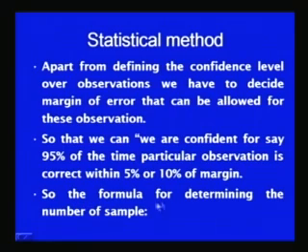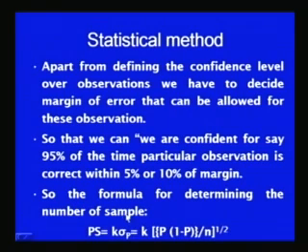So, the formula for determining the number of samples can be seen from this equation, P s is equal to k sigma p. Here this entire portion indicates the formula for the sigma p when the number of samples are more than 30, and here it is k. So, P s is equal to k sigma p is the equation which is used to calculate the number of observations,